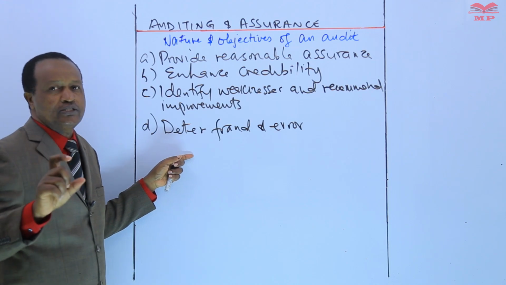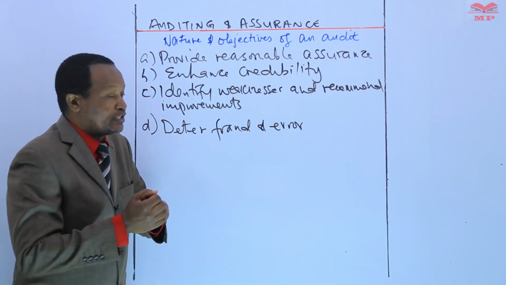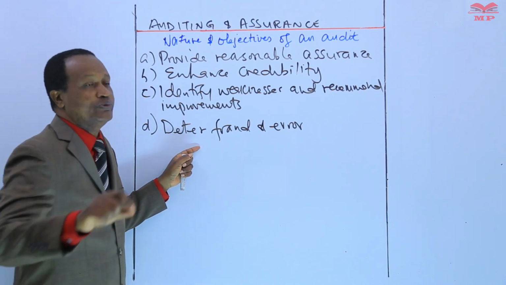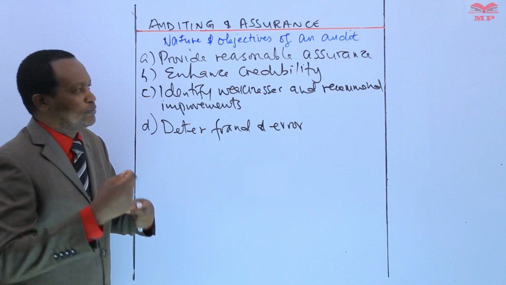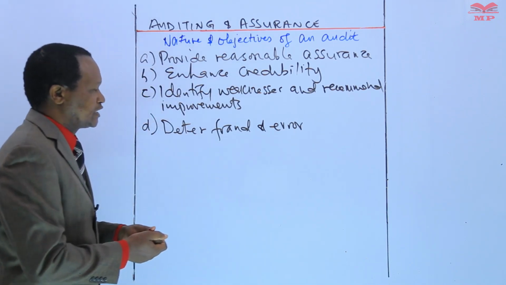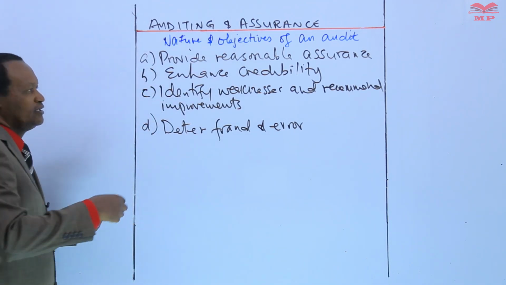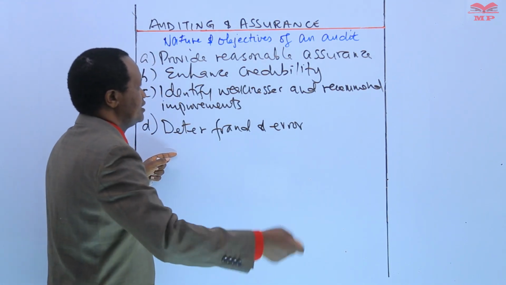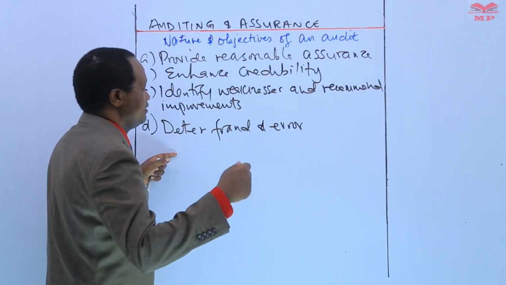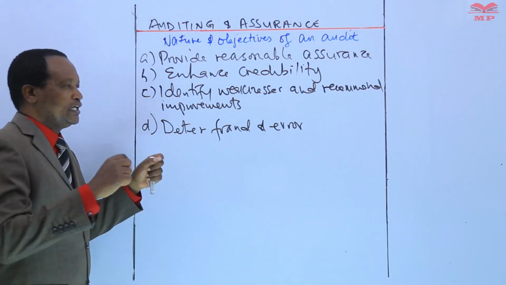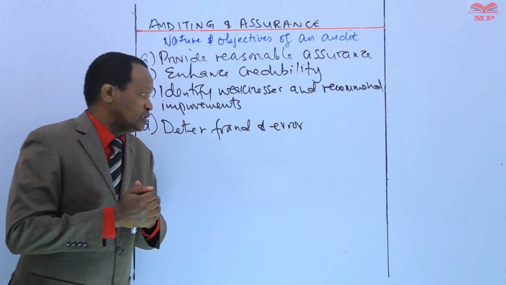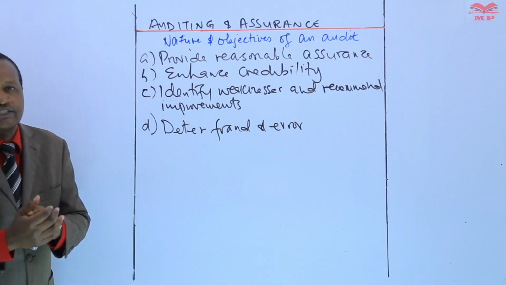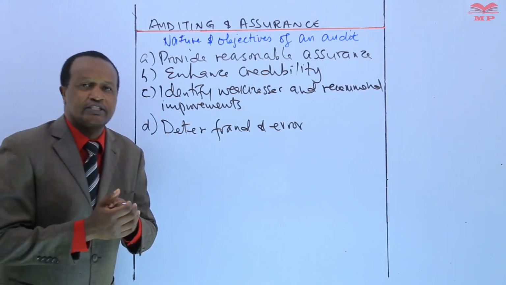Now, while an audit is not designed to uncover all instances of fraud, it can help to identify potential risks and weaknesses that could be exploited by fraudsters. So in the process of examining the financial statements and the internal control system, the auditor may help identify those loopholes that may be used to commit fraud or errors in the accounting system of a company.